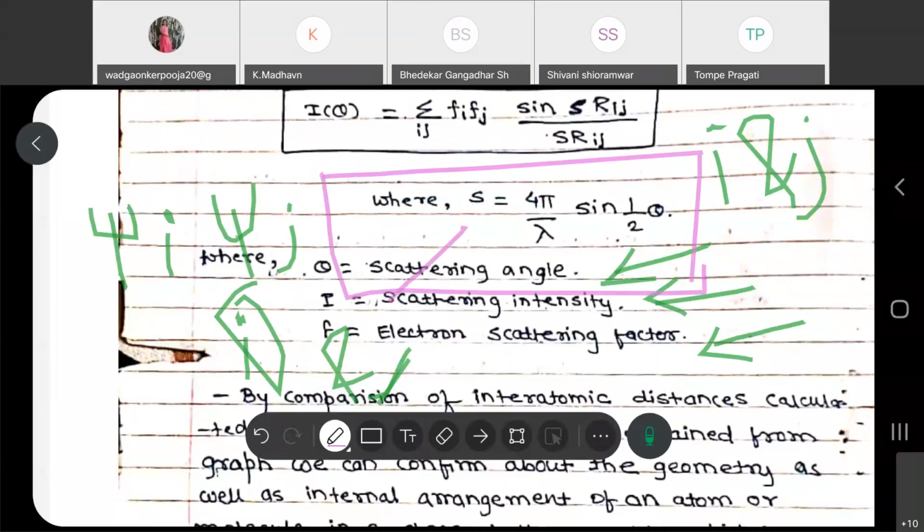Where S is equal to 4 pi by lambda sine half theta. S is equal to 4 pi by lambda sine 1 by 2 theta. And when you put this equation into the above Wierl equation, then you can get, or you can compare, the interatomic distances. From these interatomic distances, from the graph, you will be able to tell